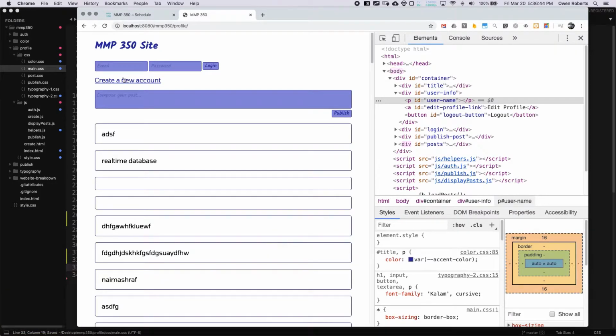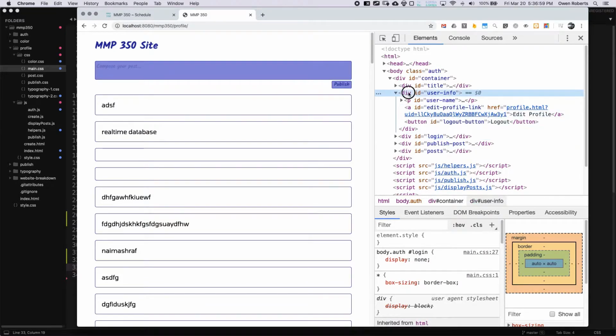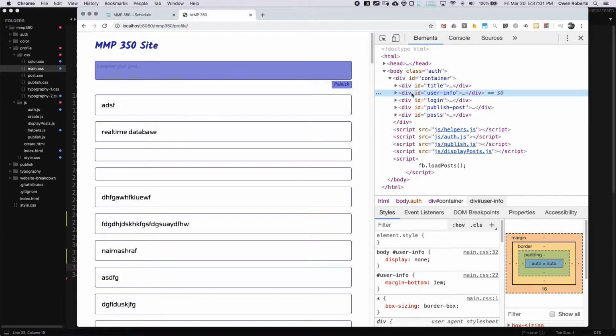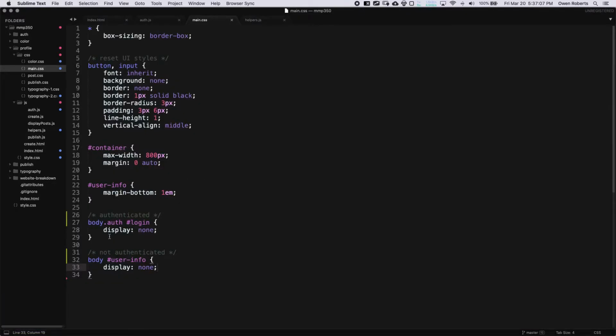Okay, so once we load the page, if we're not logged in, we don't see any user info. And if I then log in, so I'll say b@b.com, password, login. Okay, so now our login goes away, but we have to make sure the user info comes back. So right now it's still display none. You can see down here. So that's for authenticated. So this one is body.auth